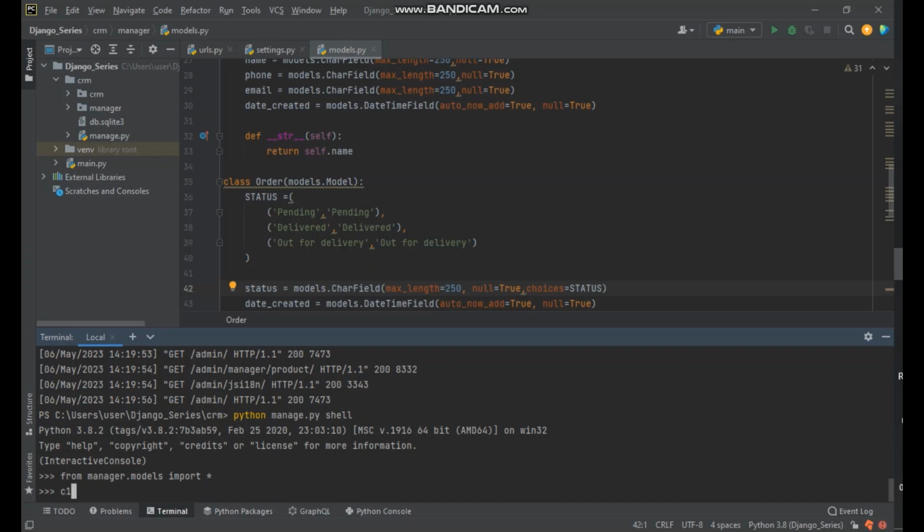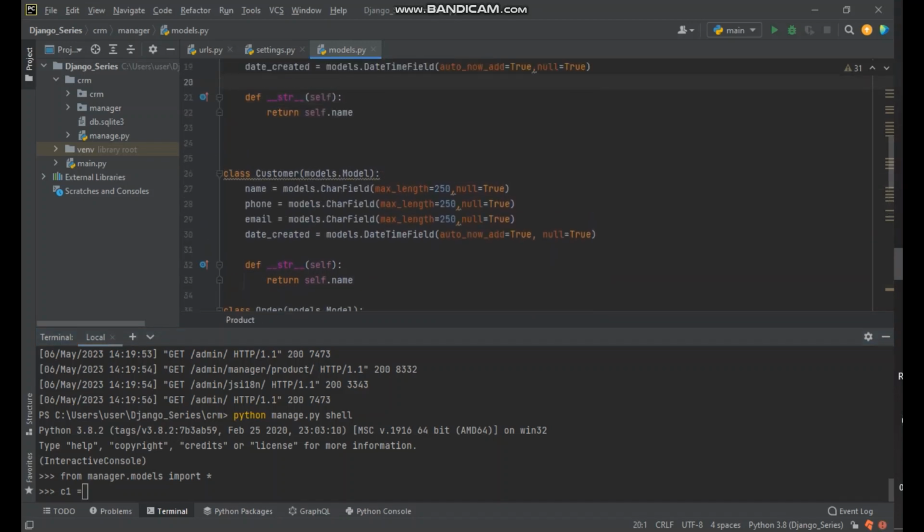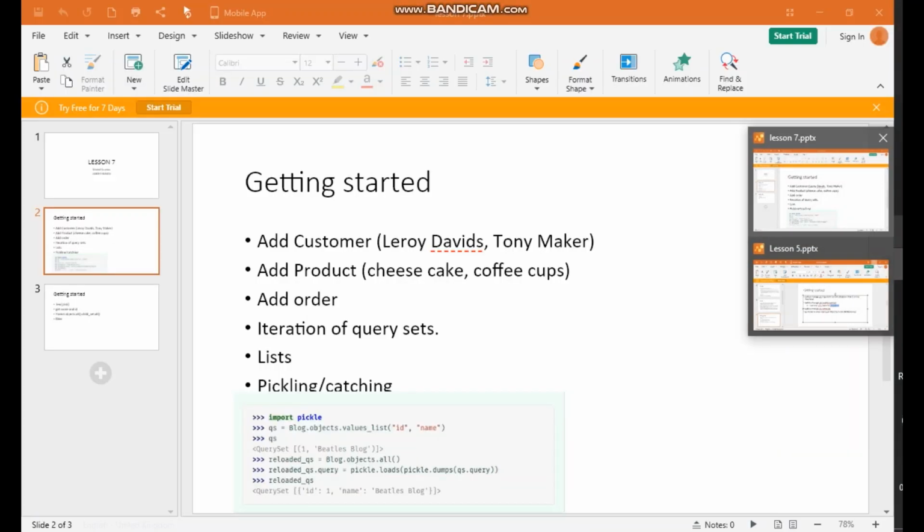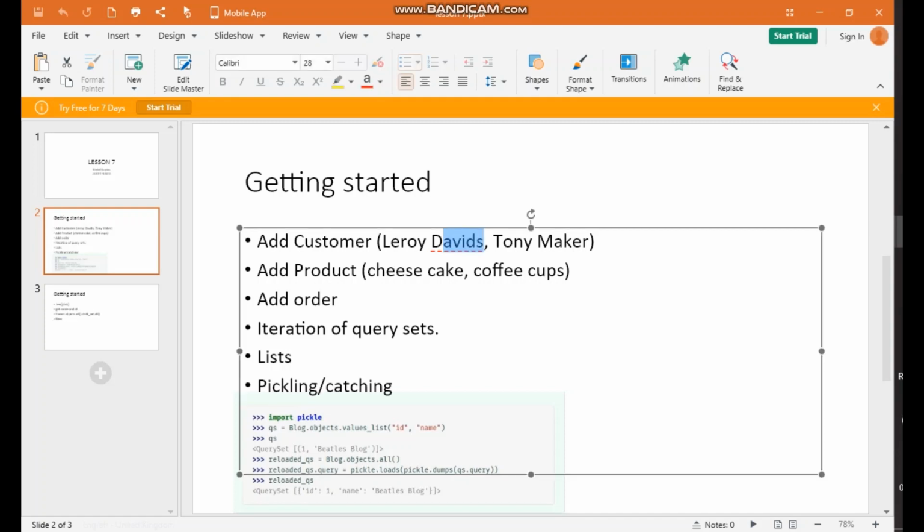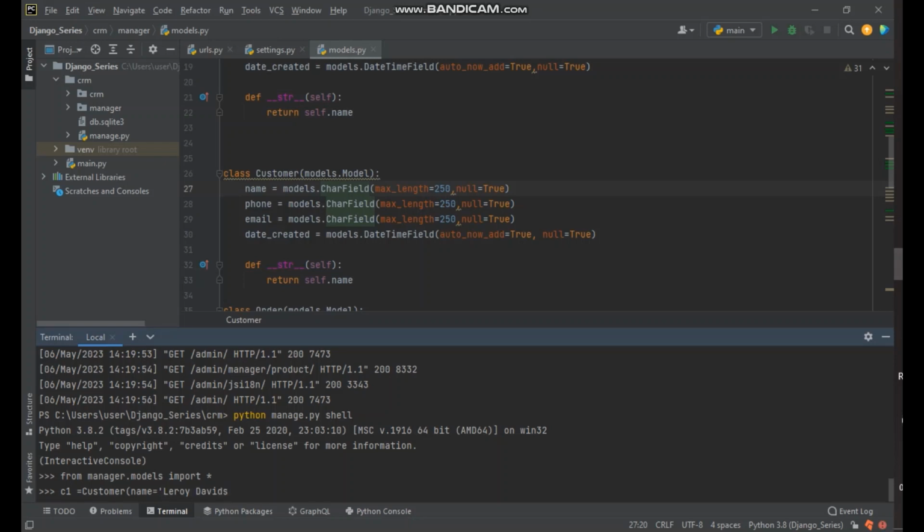So how do we add a customer through the shell? So let's say C1. We're gonna just say C1, and then remember the name of the table is Customer, so you're gonna type this, right? There are two ways actually of doing this, but let's start with this one. And then you're gonna say name equals, so since name is a character field, you put it inside these quotes, and then you write the name, which is Leroy Davids, right? So we're gonna put this one here, copy, and then you paste there,